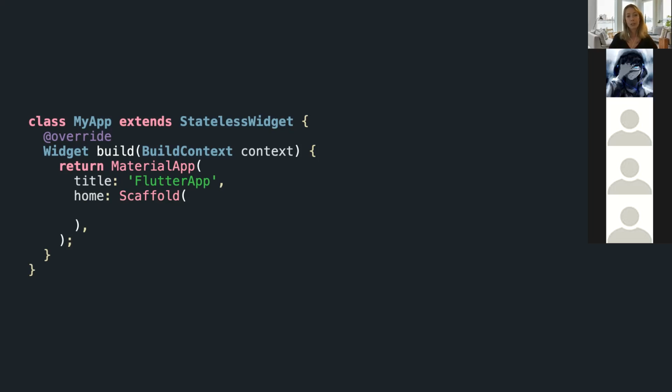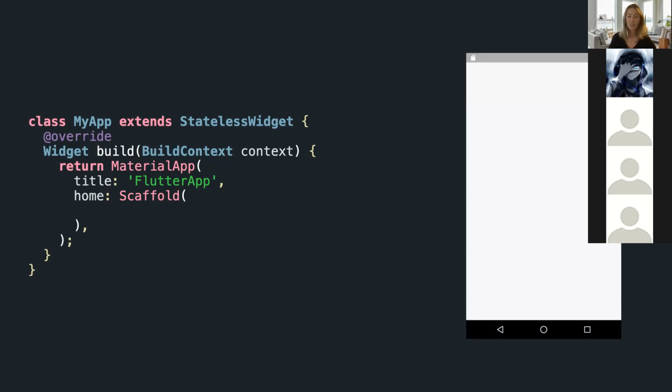And what you see on the screen is this material app. This is like the skeleton of your app that's going to have a material design, like params, like themes, colors. So everything that you know from material design, like having accent color or different UI components, is going to be implemented using material app. And later on you see the scaffold. This is like a skeleton, a scaffold for your application that's going to hold main components. So with that, this is your application.